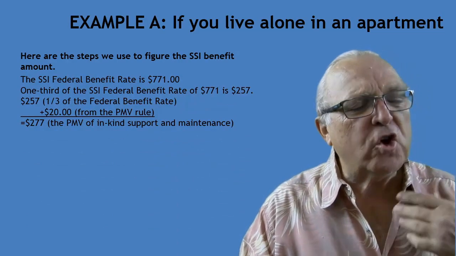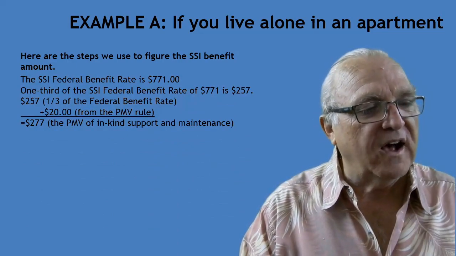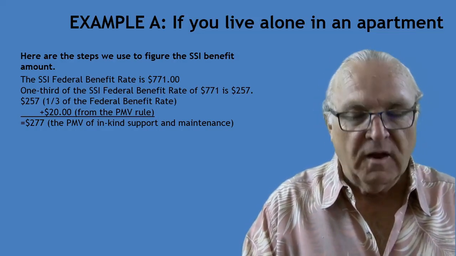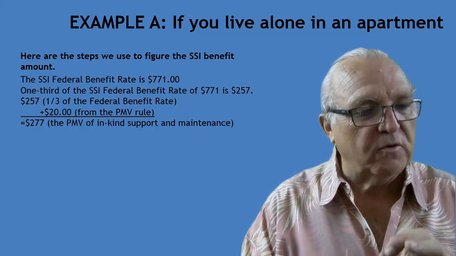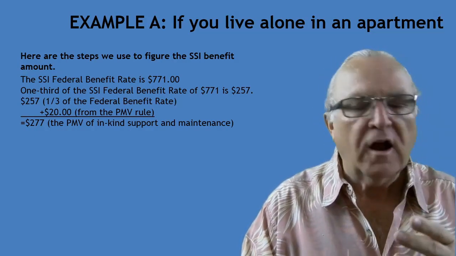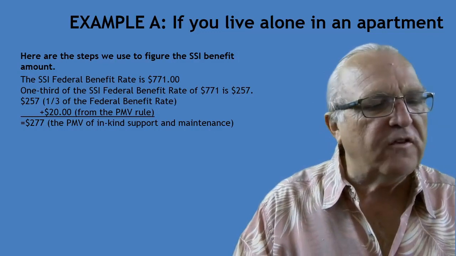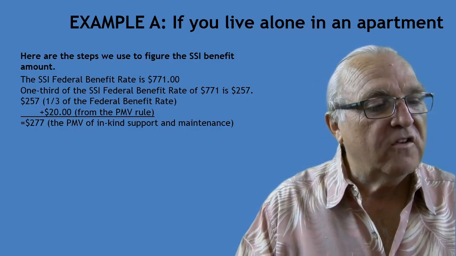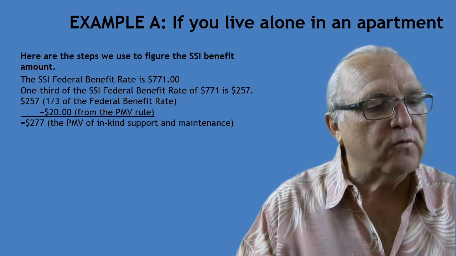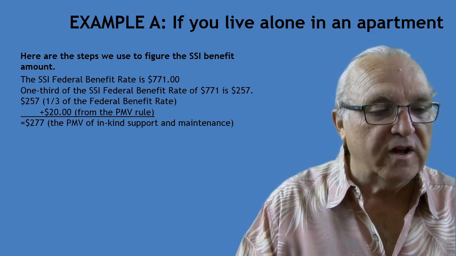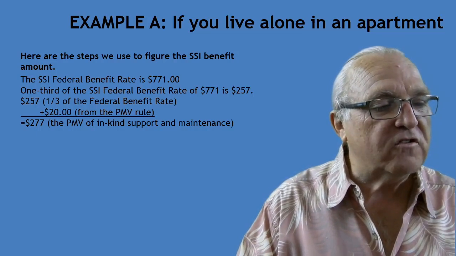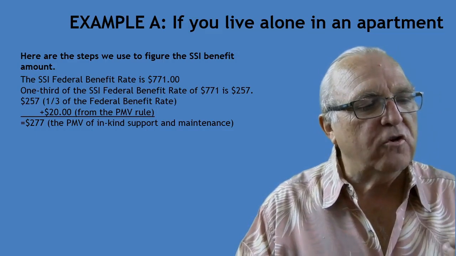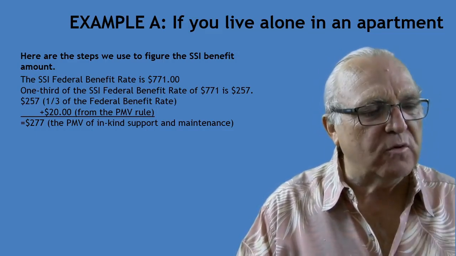What they do is the current federal benefit rate right now is $771. Now, once again, for those of you watching in California, I understand there's a state supplement, so what you're actually receiving is a number higher than that. But all of this is based on the federal benefit rate, whether you're in California or some other state. So you take the federal benefit rate and divide it by 3, which is $257. And then they add back the $20 disregard to that, meaning the actual reduction would be